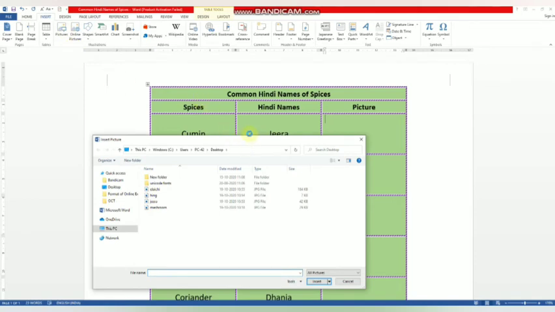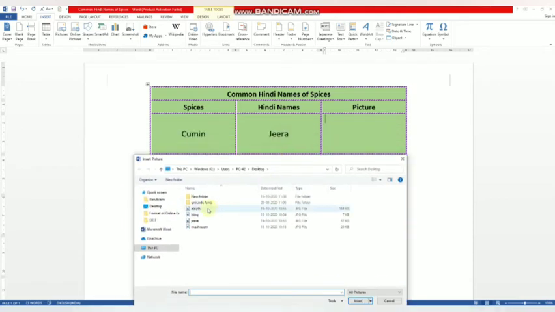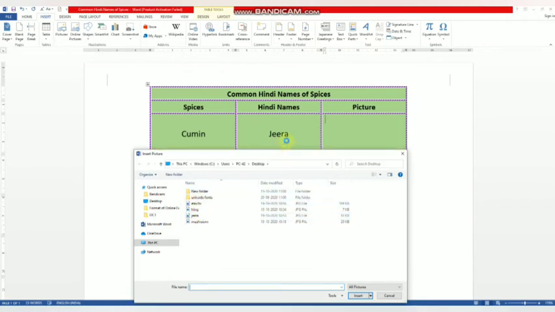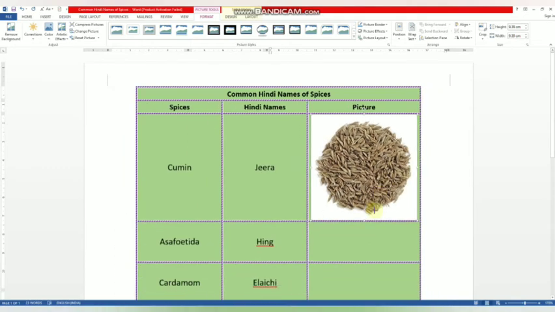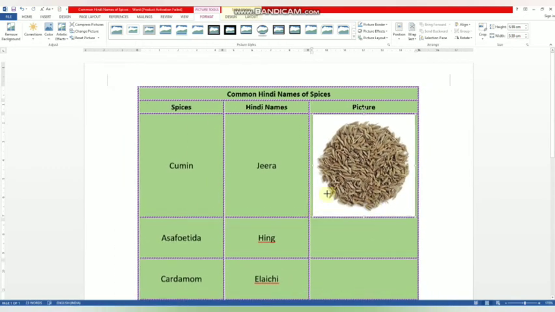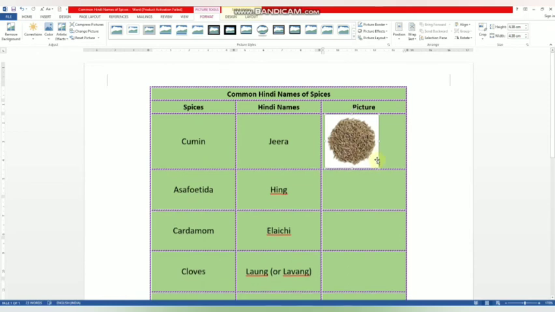The Insert Picture dialog box appears. Then browse and select the picture to be inserted. As I have told you, I already downloaded these pictures. So first is cumin. Select the picture and insert. See here, the picture is inserted and then you can adjust the size of the picture. You can decrease the size from this